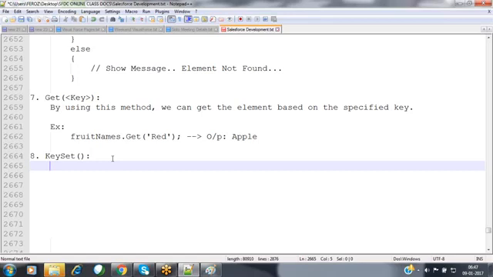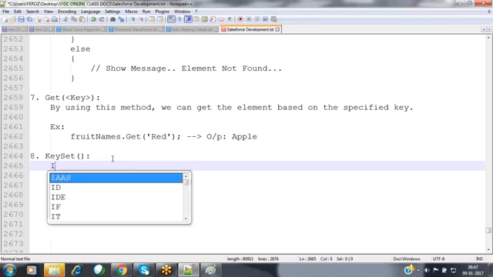Now, this point is very, very important. This is the method we are always going to be using inside our programming from now onwards. You should be familiar with all the methods which we have discussed so far in list, set, and map. Wherever you go, you will be getting all these collections. List, set, and map are the three on which we are going to be implementing the complete development concepts.